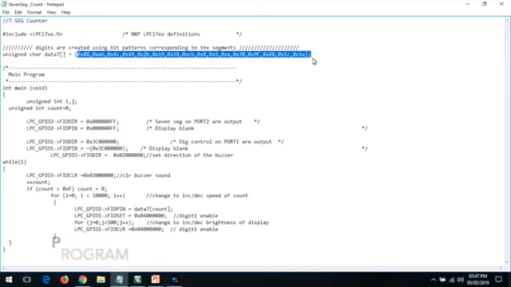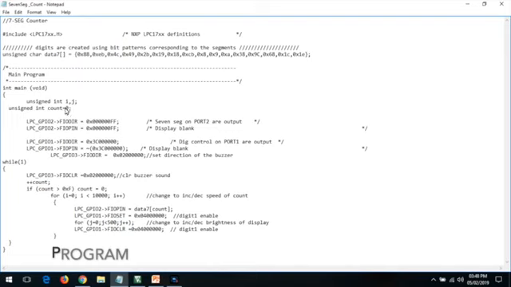Here these are the 7-segment equivalent values for displaying the digits. Coming to the main program, we are declaring two variables i and j. i is used for incrementing or decrementing the speed of the count. j is a counter which is used for incrementing or decrementing the brightness of the display. Since we are displaying the count from 0 to F, the counter value is initially 0. Then in the program we will be checking whether the counter has reached F. So based on that we will be in a continuous loop.